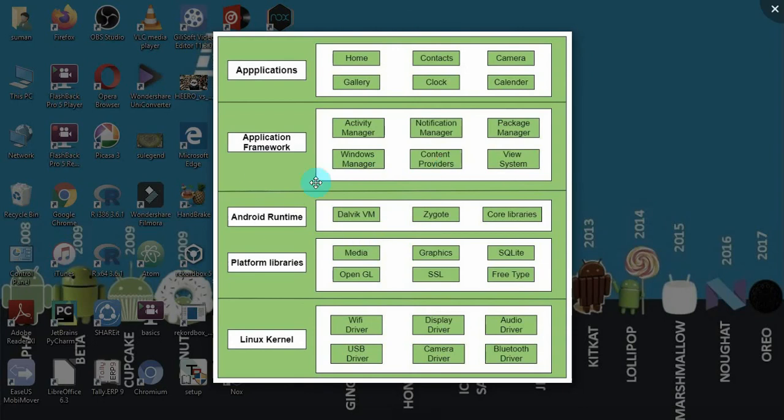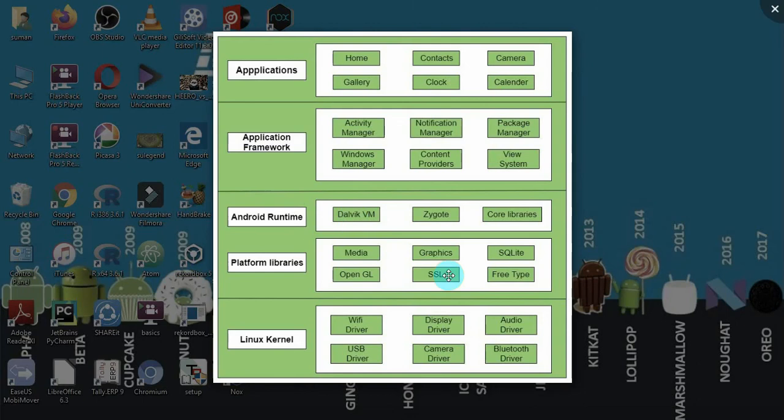Then we have the Android runtime, with a virtual machine and libraries. In the platform libraries we have security provided by SSL, OpenGL, font support, backend, graphics, and media. At last we have the heart of Android, the Linux kernel. So this is the basic architecture of Android, guys.